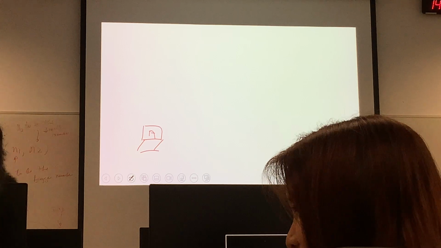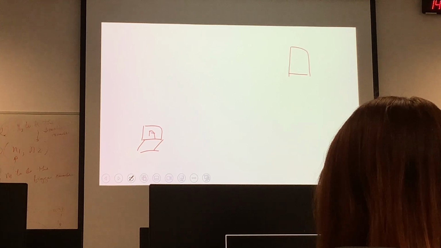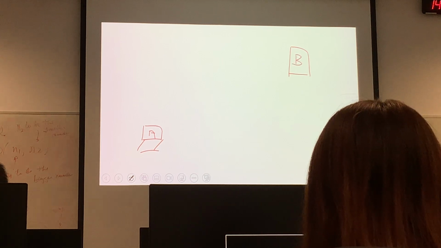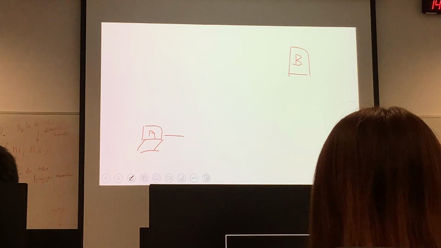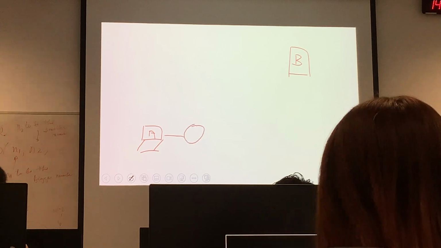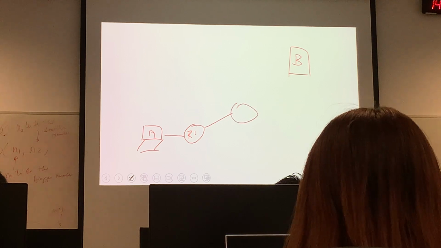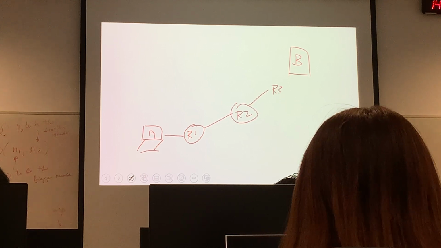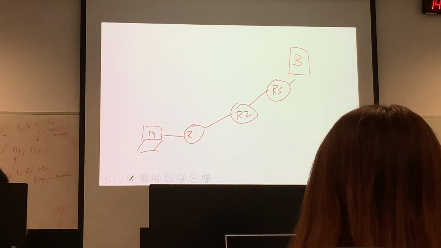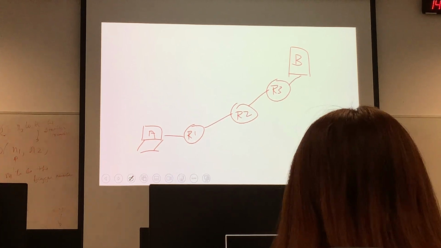Well, let's say this is the machine state, like you have a laptop. You have a server hierarchy. This is connected to a router, not all the switches. You have router 1, router 2, router 3. Then you reach the final destination. So if you send the TTL value of 1,